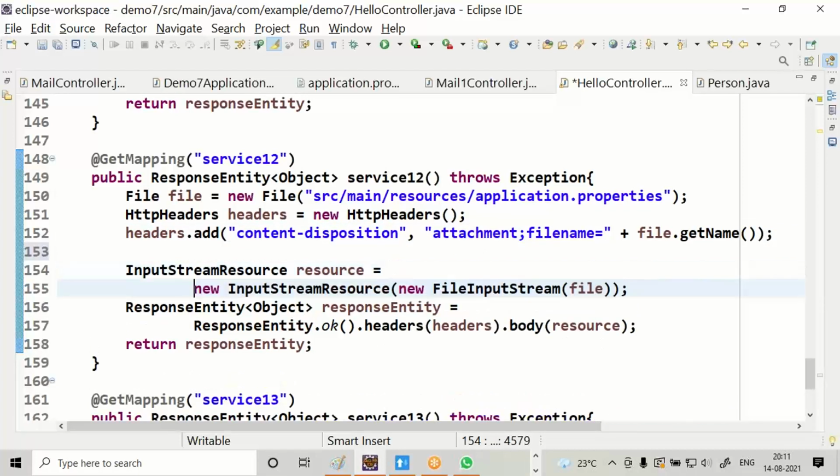Then afterwards, get the input stream, supply that input stream as a response body. Now the response body is the input stream which is containing the specified file.